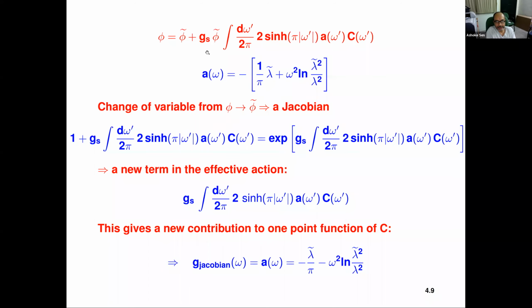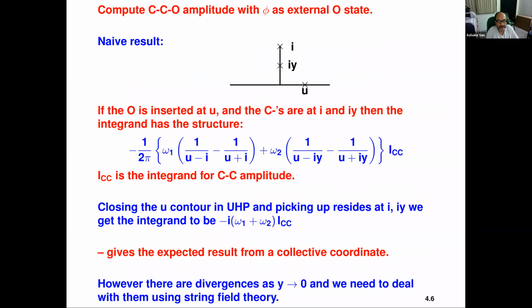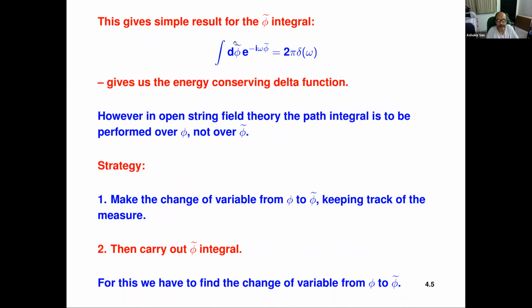See, the problem is the following: suppose you said, okay, we could take the viewpoint that why care about field redefinition? We just do a path integral over phi anyway, right at the end. But we determine the dependence on phi only quadratically, right? So we don't know the full dependence on phi. If we knew the full dependence on phi, then we didn't need to actually find this field redefinition. We could just carry out the integral over phi. So here we are trying to do this field redefinition because we know from the beginning that the phi tilde dependence has this exponential structure. And using this exponential structure, we can get the energy conserving delta function.